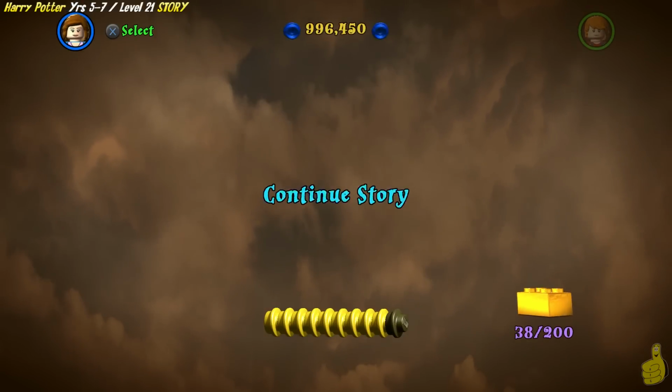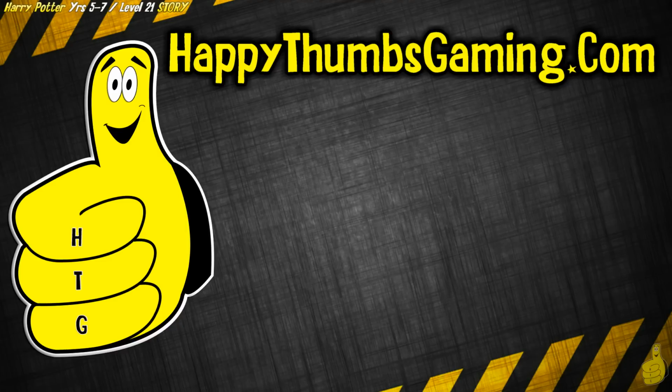So, all right. You know what this screen means? That's going to wrap it up for LEGO Harry Potter Years 5 through 7, Level 21, Burning Bridges, which was a pretty fun little session there, planting all those bombs and getting to watch them go bum, bum, bum,